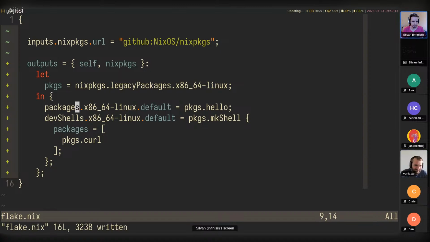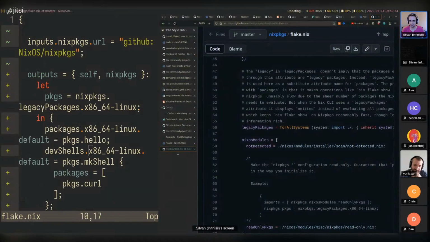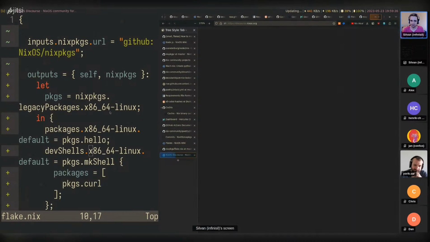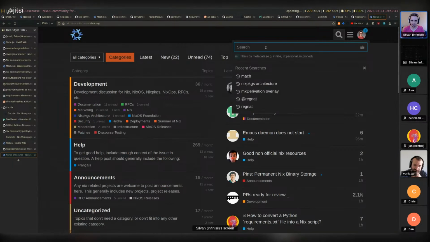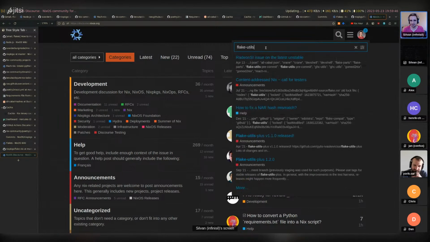Yeah, and so now I just kind of introduced a variable here. Right, so now something that sticks out here is the x86_64-linux thing, which is currently hard-coded, so people on other systems won't actually be able to build hello here. And actually, recently I saw a blog post that kind of showed a very easy way to do this without flake-utils. Well, I mean, just kind of hard-coding the functions instead of using flake-utils.